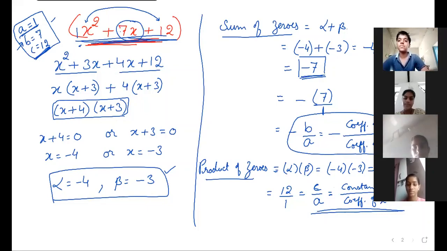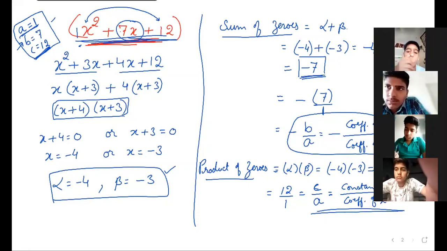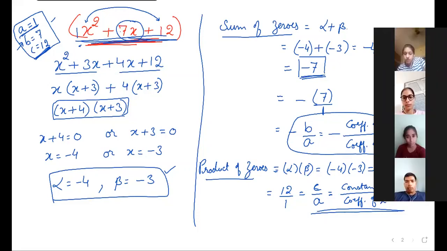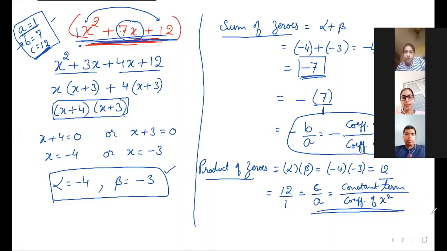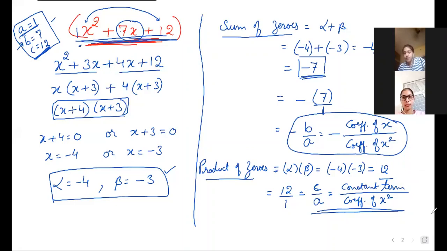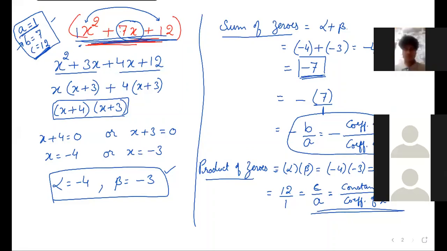Hope it is clear now, because last time you were saying that there is some confusion left. So now it is clear to you? Yes, sir. So you are noting it down, or shall I move ahead? Note down, sir. Screenshot. Now that is up to you. You may have your screenshot. If you want to note down, you may note it down.